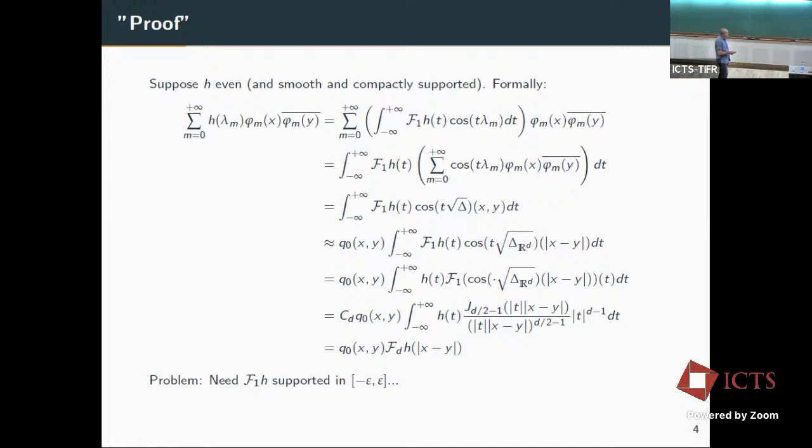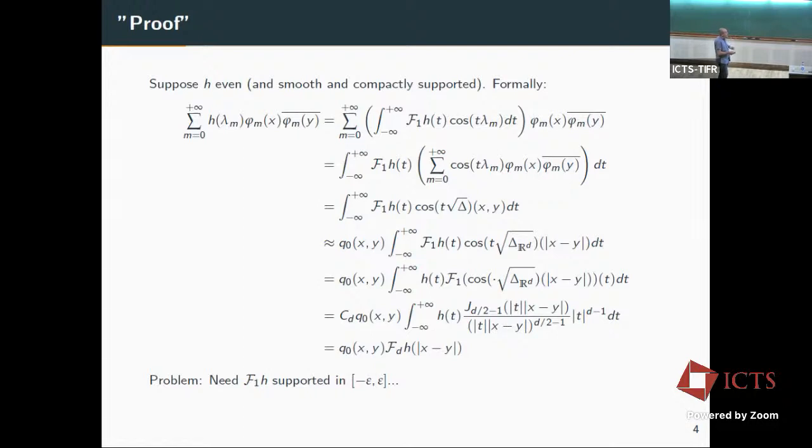And here you can switch the Fourier transform to the second part, and it just so happens that this Fourier transform is computable. And another thing that happens is that what you obtain here is exactly what you need